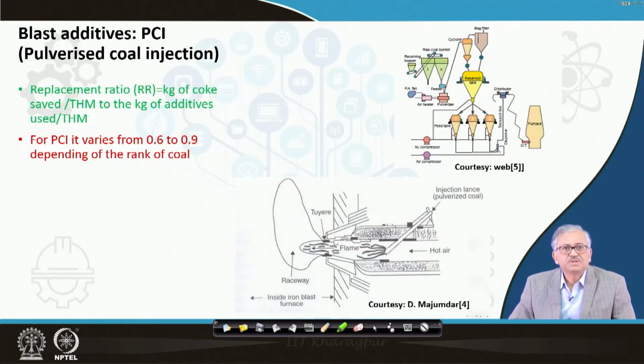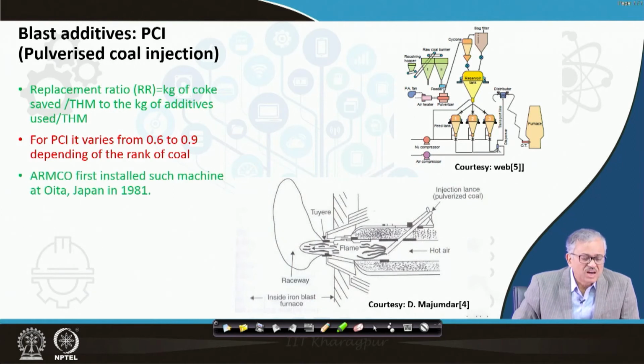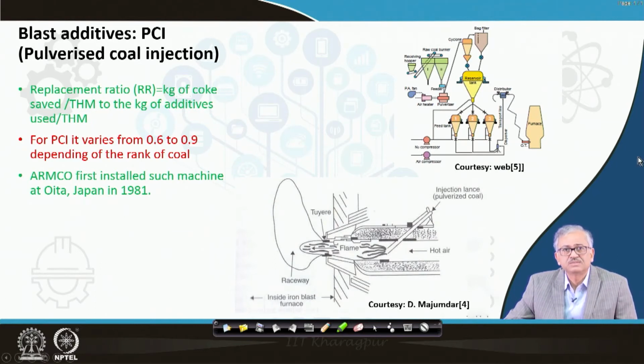So now next we come to the PCI, because nowadays it is not oil injection anymore, because oil prices increased, and people have shifted to PCI, and PCI today is the major blast additive, you can say. And its replacement ratio, as I said, if the rank of the coal is very high, it can be 0.9, but it can be as low as 0.6, depending on the rank of the coal. Armco first installed such a system in Oita, Japan in 1981, and this is the schematic of how